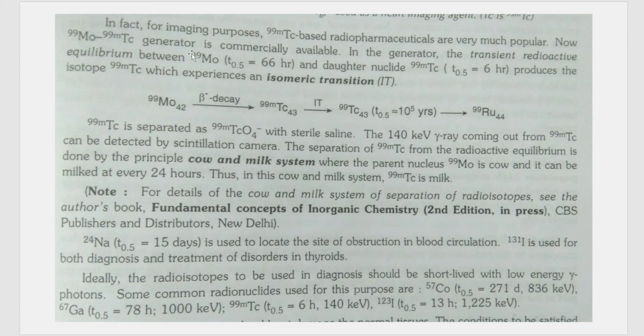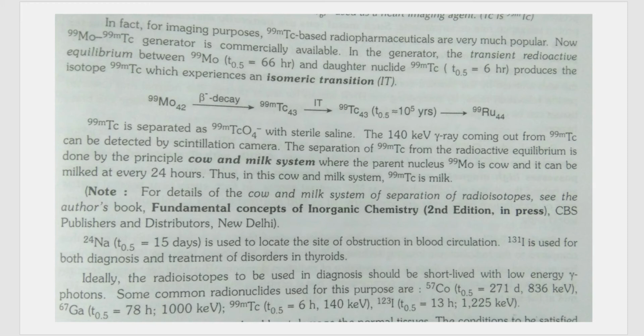So here they are saying that Mo-99 acts as a cow, and this can be considered as the milk. This is just an example they are giving for you to understand. So here Mo-99 is acting like a cow, and technetium-99 can be considered as its milk, and it can be milked once every 24 hours. That's how you can get technetium-99. Same way,